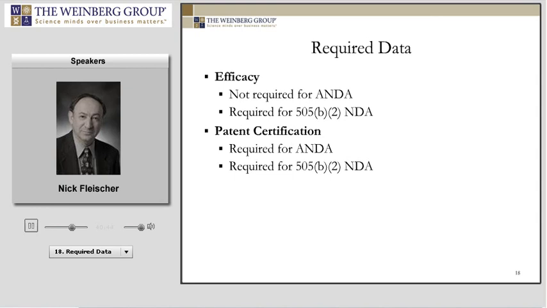As far as the other required data, efficacy, certainly it's not required for an ANDA. It would be required for a 505(b)(2) NDA if it's a new indication, something that could not be approved based on bioequivalence. And I do want to point out, which I may have overlooked earlier, that there are several 505(b)(2) NDAs that actually have relied strictly on bioequivalence as the only basis for approval. So that is a pathway, but ordinarily one would think of an NDA as requiring clinical trials. It can be very similar to an ANDA, and rely on a bioequivalence study to obtain approval.